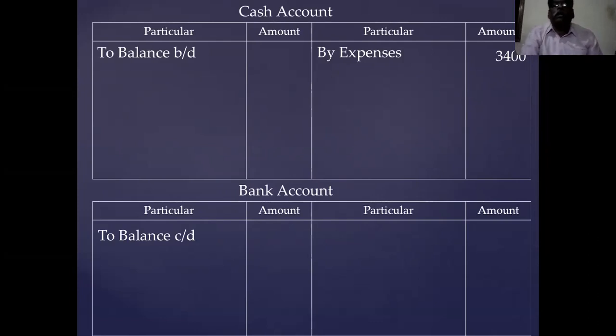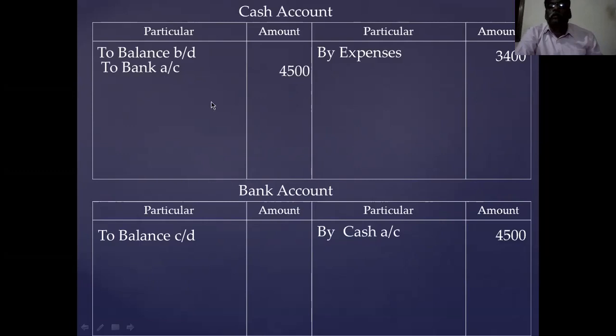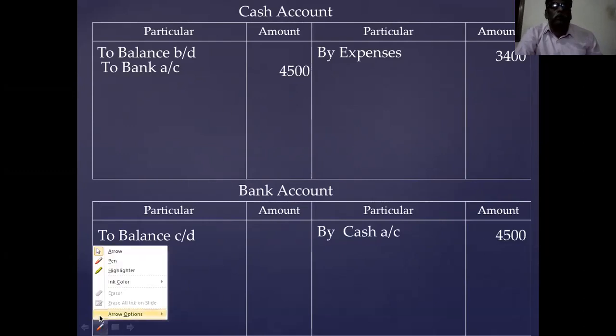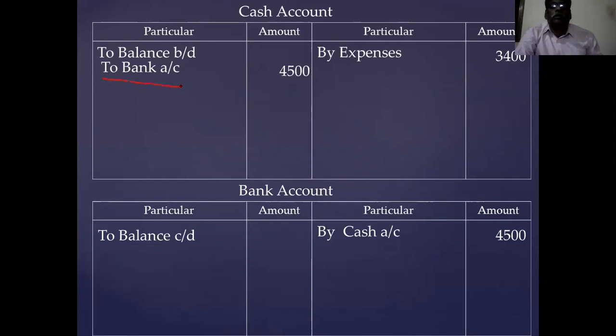cash withdrawn from bank. Cash withdrawn from bank is a contra entry. It is a payment to the bank and receipt to the cashier. 4,500 is the receipt to the cashier. So it is a receipt to the bank side and payment to the banker, 4,500 by cash. This is called a contra entry. You see here, it is cash received. Withdrawn means received by the cashier. It is received from the bank. So it is receipt to the cashier, payment to the banker.